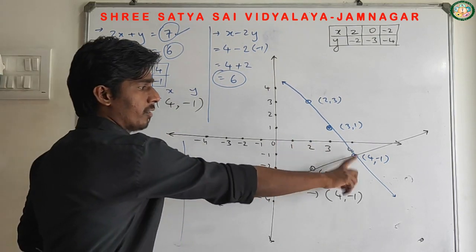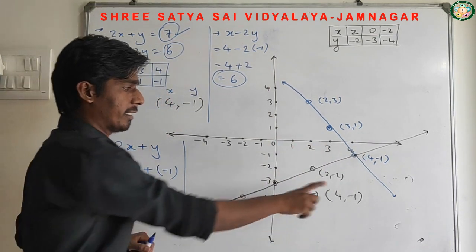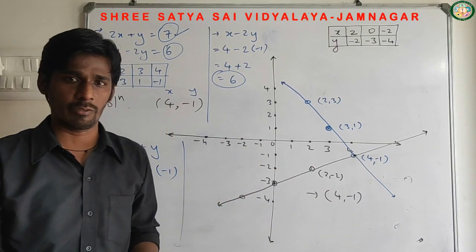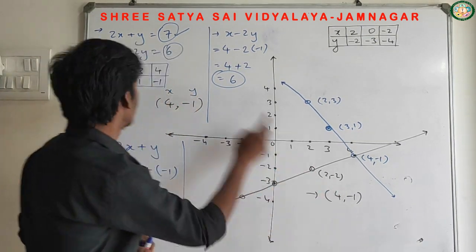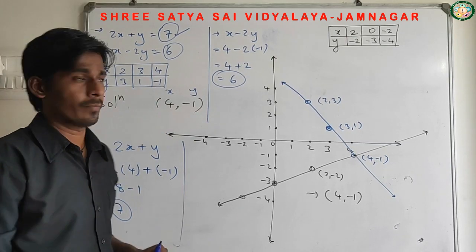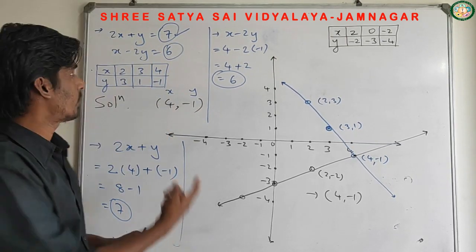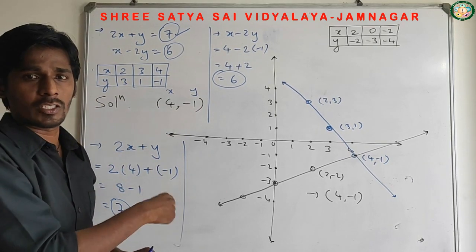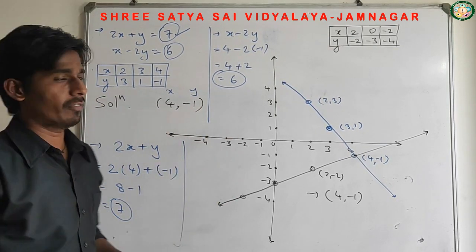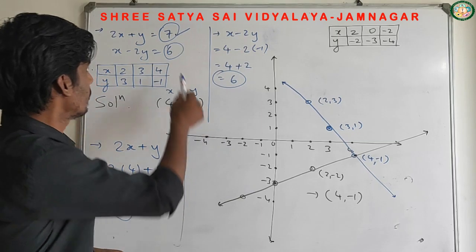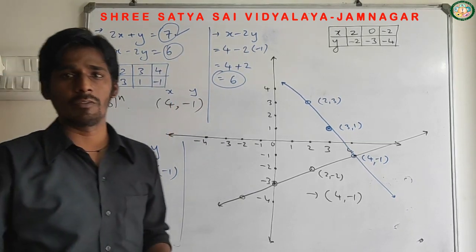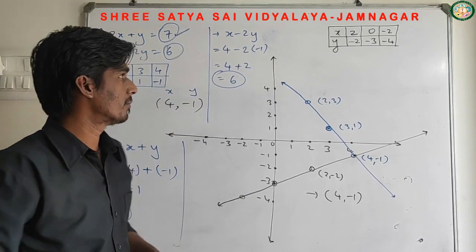We have to plot the graph, and where both lines intersect, that is the solution of the given equations. Now this solution means what? The value of x and the value of y. The values of x and y will be the same for both equations. That's why we are not taking x1, y1, x2, y2. So this is the way we can plot a graph to find the solution of a given pair of linear equations.